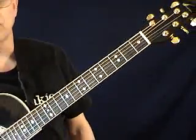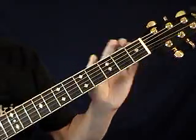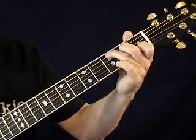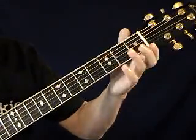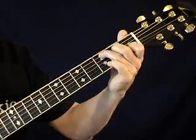Okay, a lot of people have trouble with their fourth finger in the beginning. I'm going to show you a couple of little exercises. These are not songs, these are just finger exercises you can do. And you can do these if you hold your guitar in your lap while you watch TV, when the commercials come on, you can practice